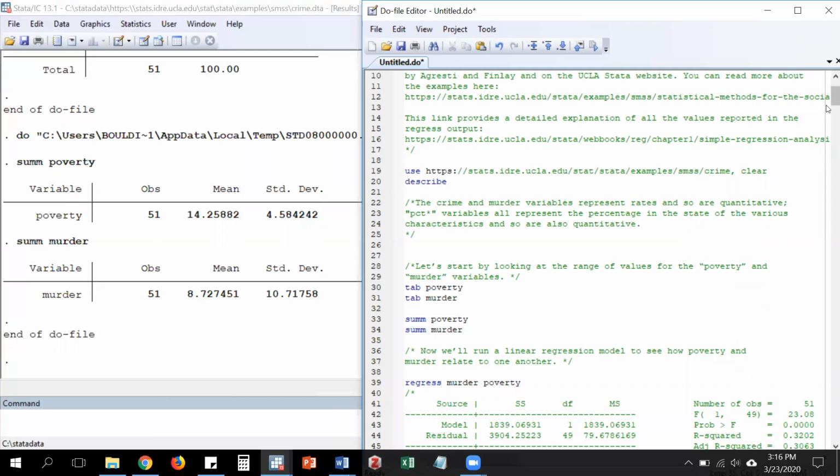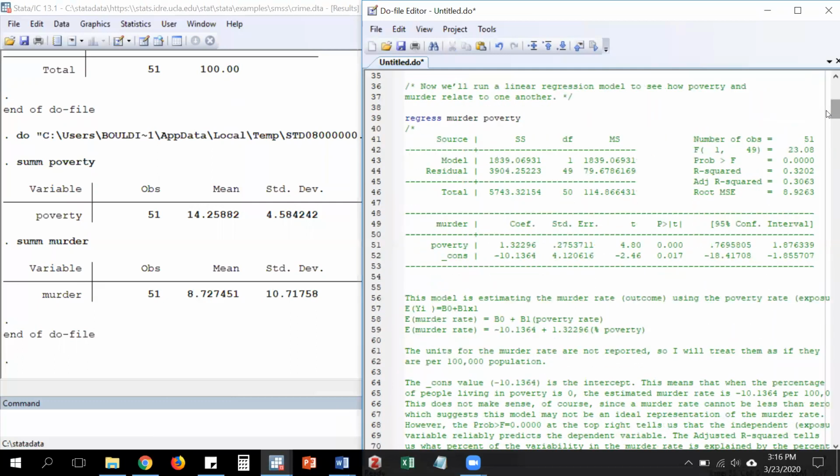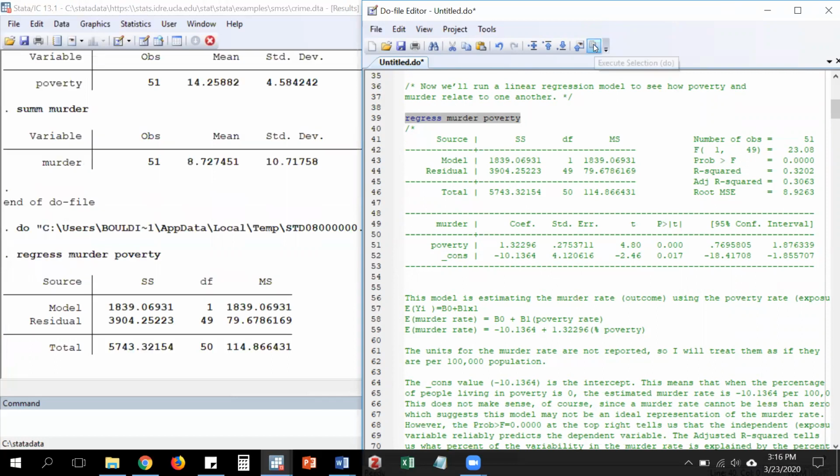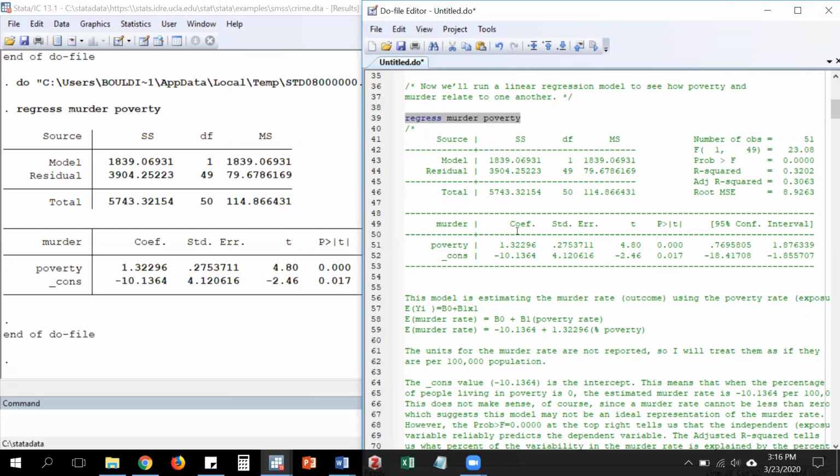Okay, so let's say that our question of interest is whether poverty impacts murder. So does the percent of households in poverty, is it associated with the murder rate in a state? So this command here on row 39 will help us answer that question. So again, regress means linear regression. So we're asking Stata to run a linear regression where the murder rate is the outcome. So we list that first. And the poverty rate is the explanatory variable or the exposure that we're interested in looking at. And so if we run that, we get these results here, which are already in your